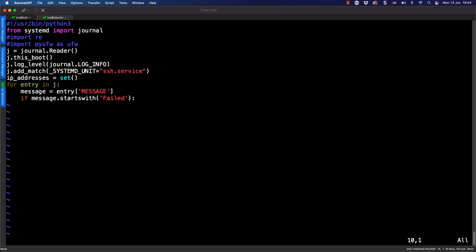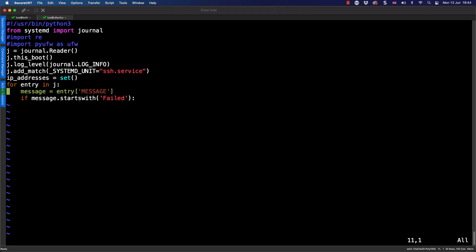We can then go into our for loop. The for loop is the important heavy lifting here, where we read into a variable that we're calling entry every item that we find within our instance of our journal. We go through and populate a message variable with the entry message.